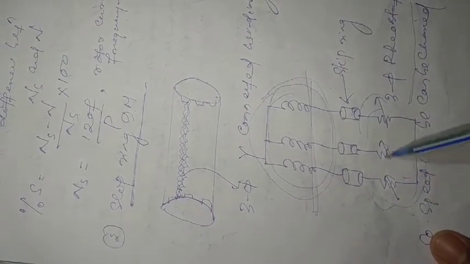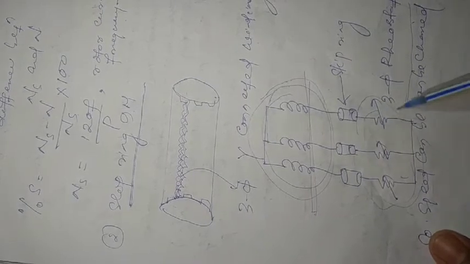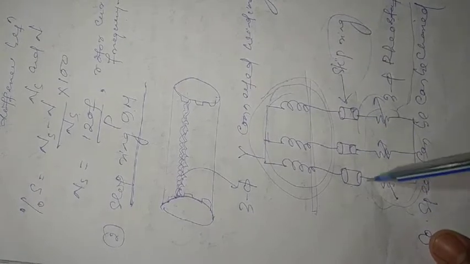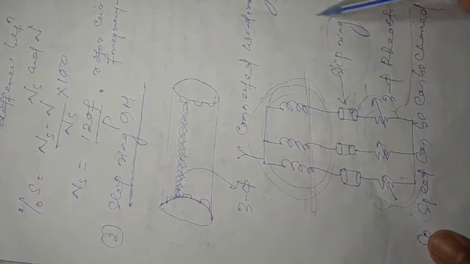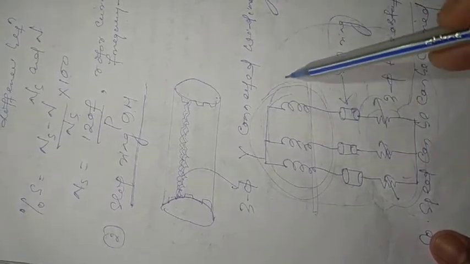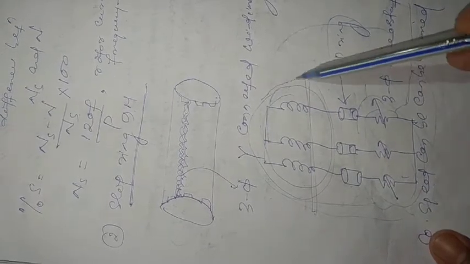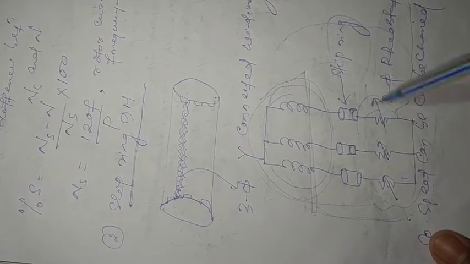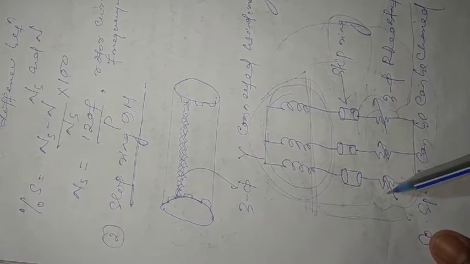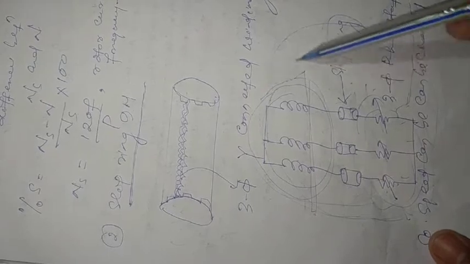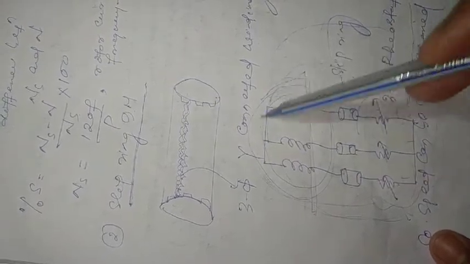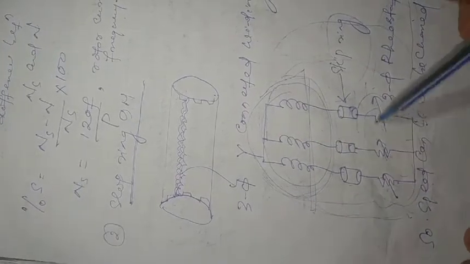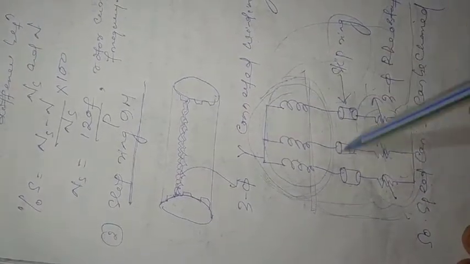To connect this rheostat we use slip rings. This medium is known as the slip ring, hence the name slip ring induction motor, or slip ring rotor. Here the external resistances are added to the external circuit of the star connected winding, so that whenever we change the resistance, the current will change.